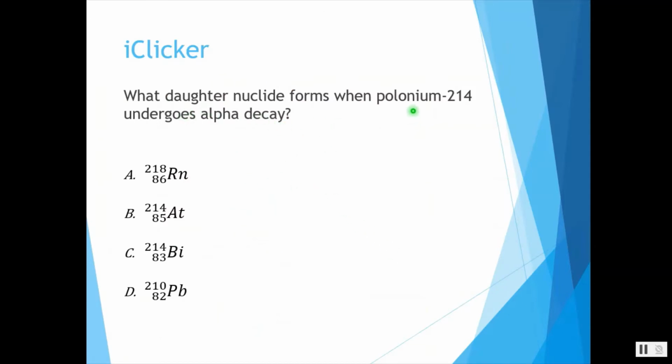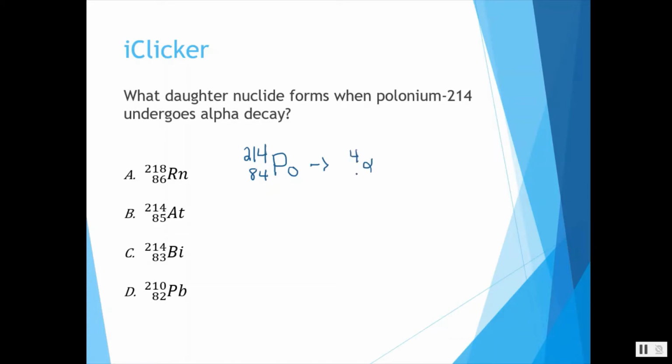So if we have polonium-214 and that undergoes alpha decay, what daughter nuclide will form? In looking at polonium, I see that it has an atomic number of 84, telling me that it has 84 protons and 130 neutrons. If this undergoes alpha decay, what we'll observe is that one of the particles that is emitted